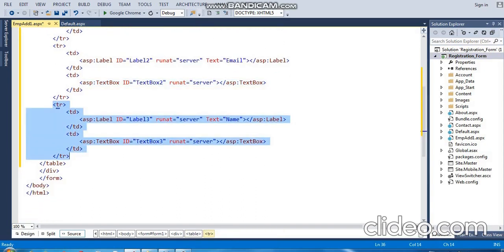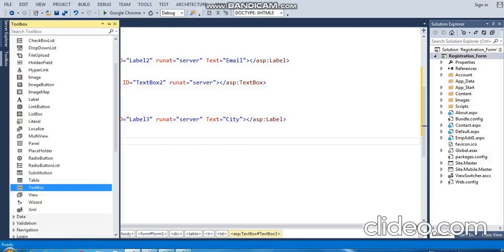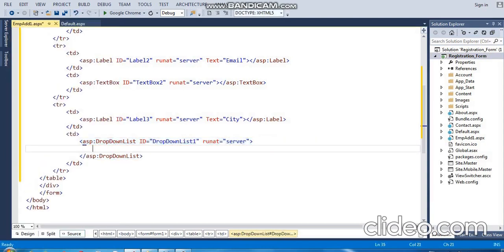Now the third row is for city, so I modify text as city. So here instead of text box we want drop down list, so I just drag and drop it. Inside this we require a list.